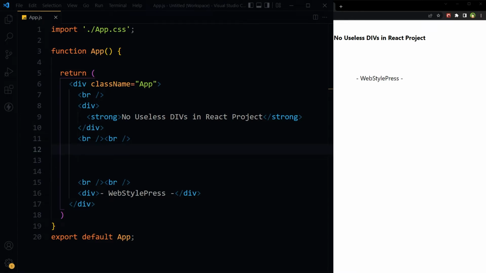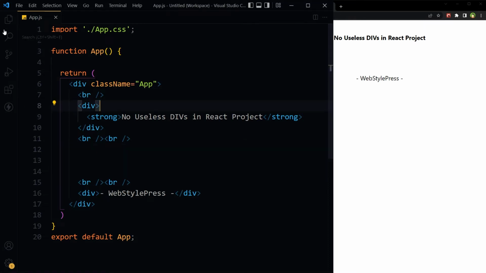In component return, we can write all the elements we need, but we are required to wrap it all with a div. If we have a lot of components in a project, it results in a bunch of unnecessary divs all over the project, and that causes issues with accessibility and CSS styling. React has a solution for this as it offers a built-in fragment component.